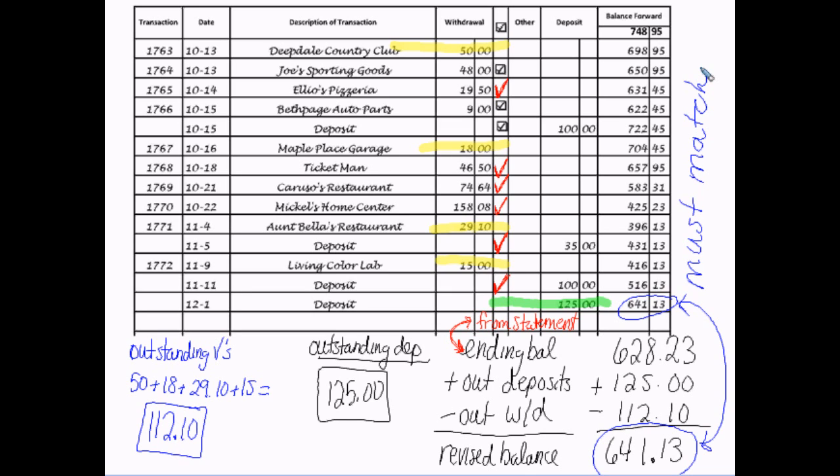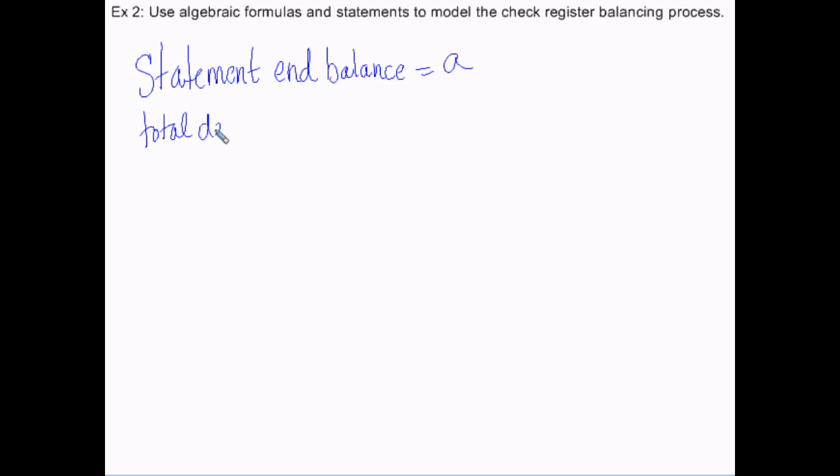Basically, I brought the bank's total up to date, like I moved it forward in time to today by putting in the extra withdrawals and deposits to figure out where it should be. I'm going to show you an algebra equation for this. So what you do is you call the statement ending balance A. And then you call the total deposits outstanding